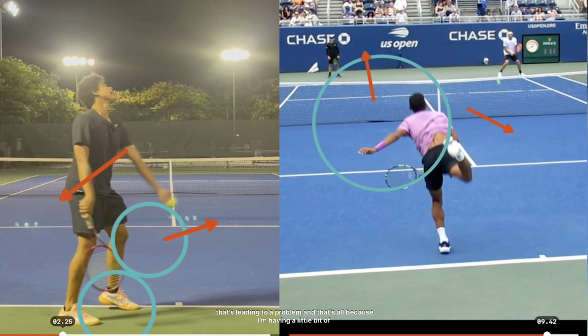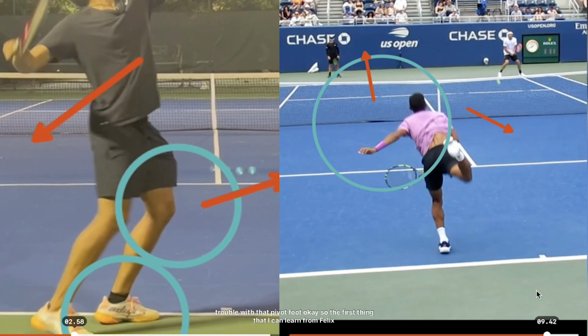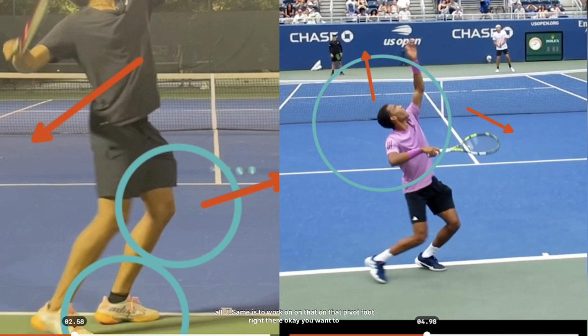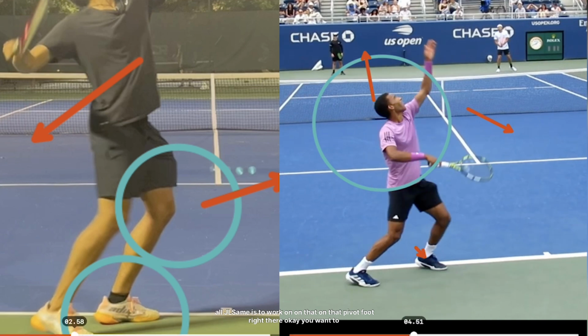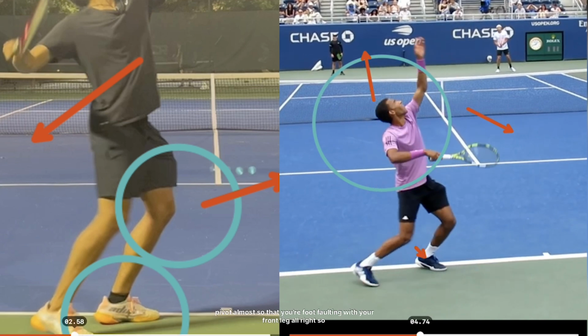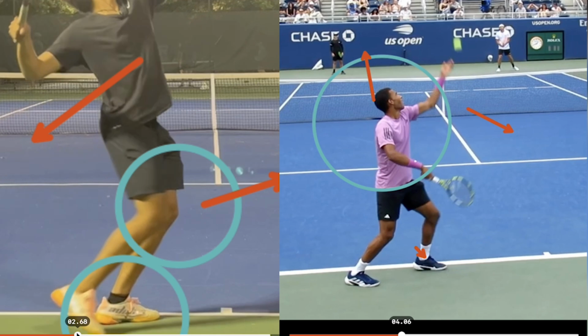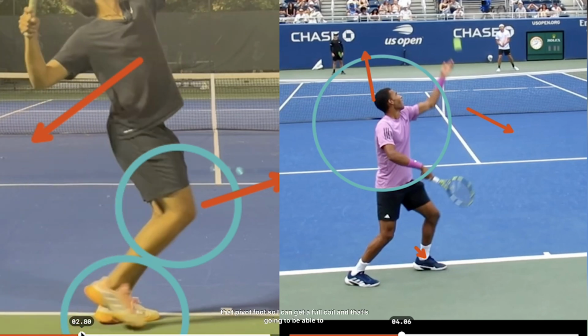And that's all because I'm having a little bit of trouble with that pivot foot. First thing that I can learn from Félix Auger-Aliassime is to work on that pivot foot right there. You want to pivot almost so that you're foot faulting with your front leg. That's one thing that I can work on, is that pivot foot, so I can get a full coil, and that's going to be able to